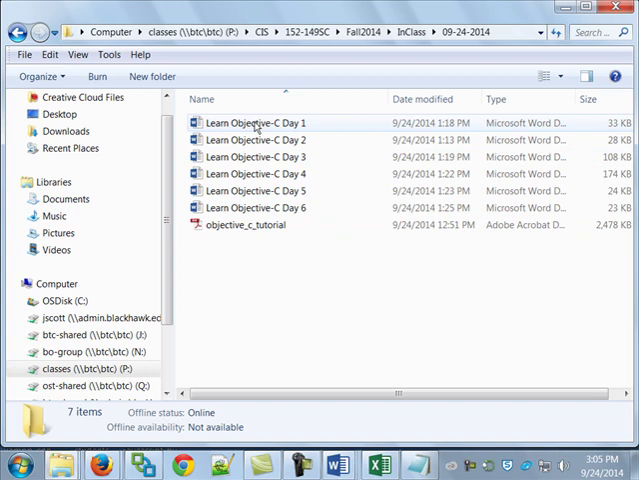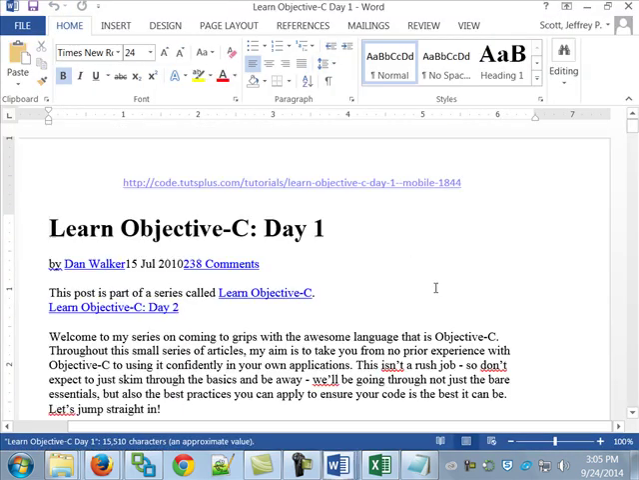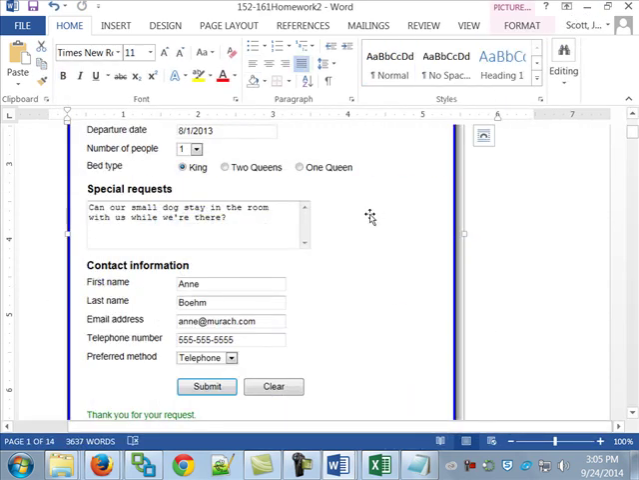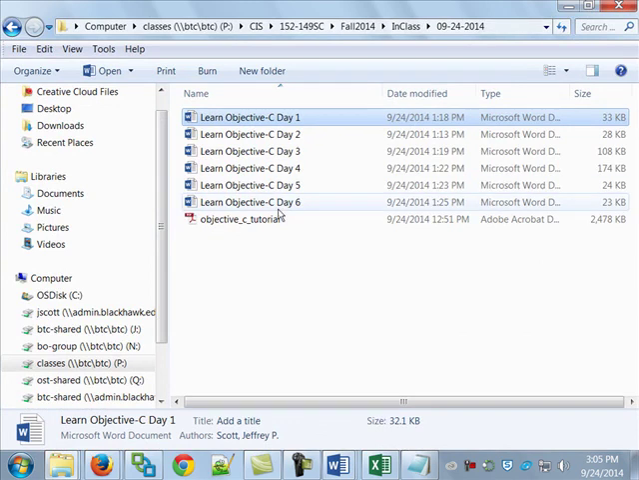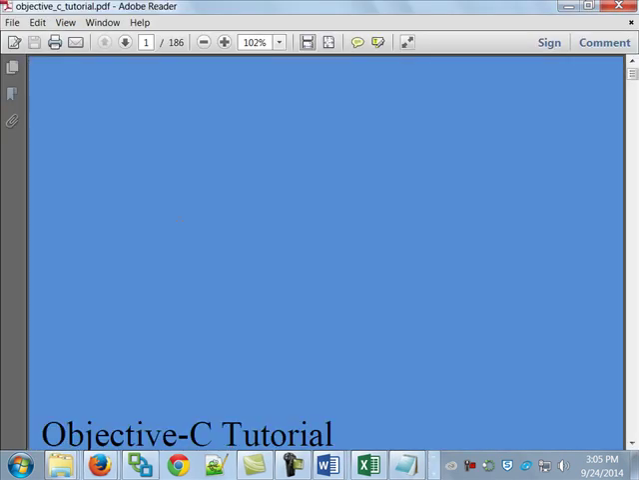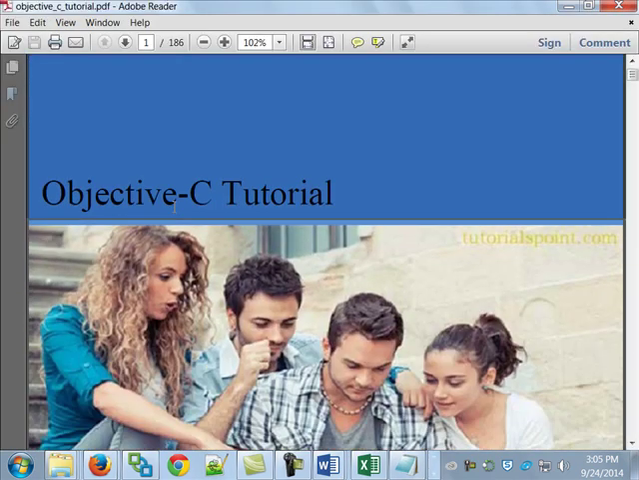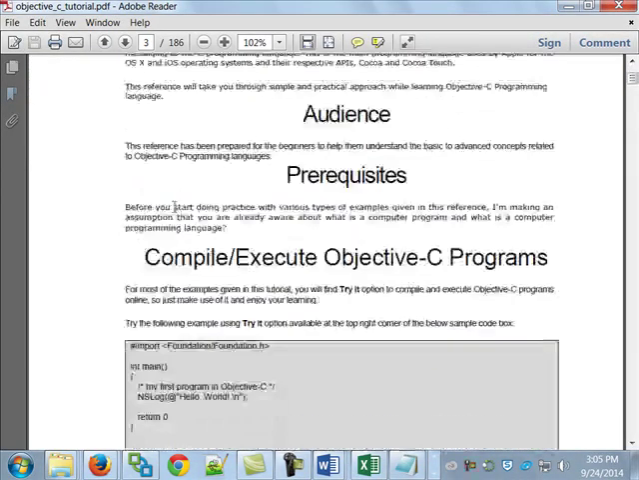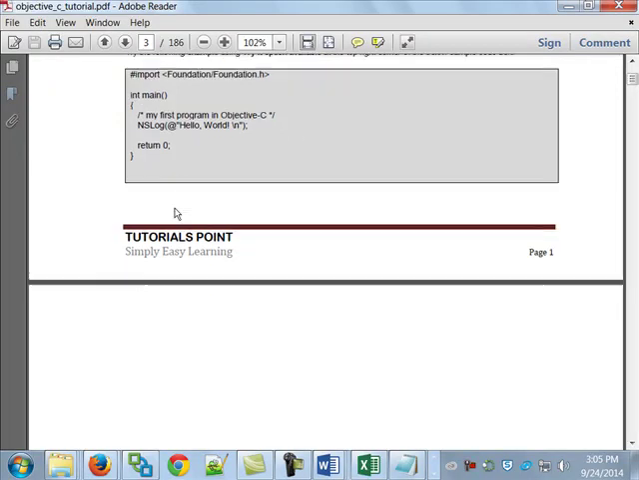So what you'll see in there again is 6 different articles from Toots Plus, and I'm going to go over some of that material right now. In addition, there's also an Objective-C tutorial from Tutorials Point. Notice it's 190 pages. It's pretty comprehensive. If you want to start looking at it, you can already see, if you take a look in here,